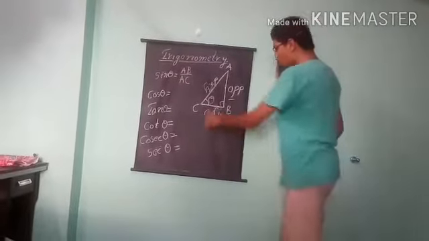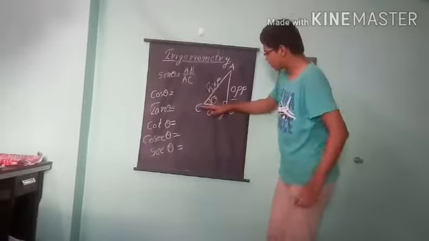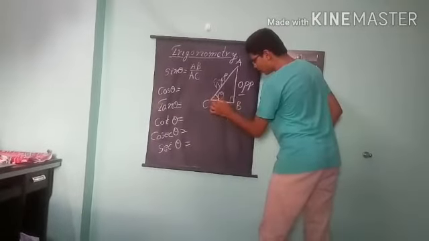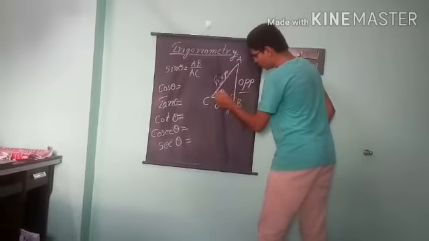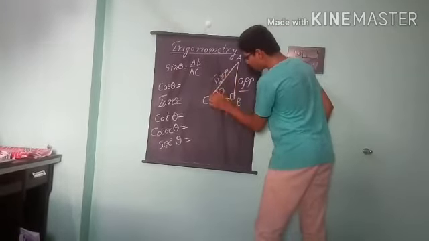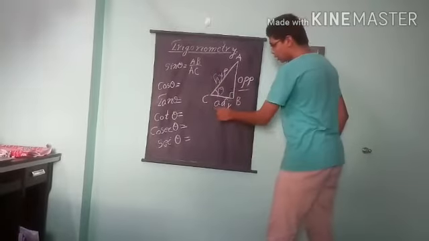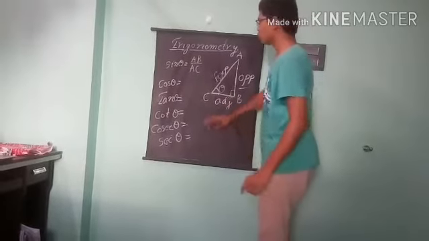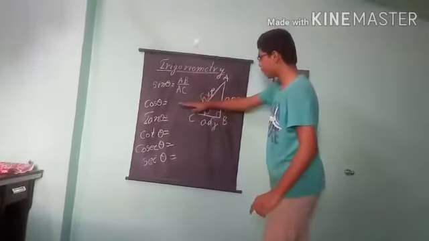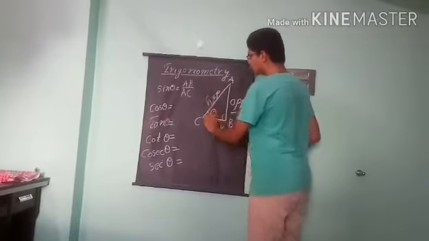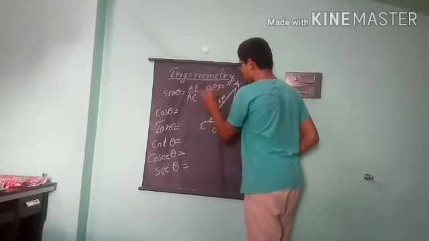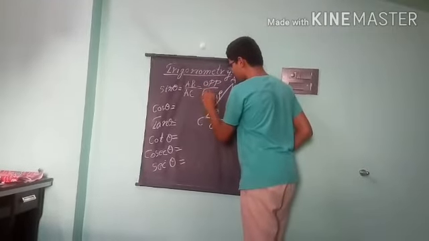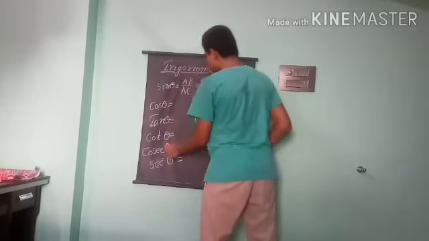Why does this formula come for sin theta? Because when we take theta, the side opposite to it is called the opposite side. The longest side in a right angle triangle is called the hypotenuse and the other side is called adjacent. Now we take opposite by hypotenuse. This is called sin theta, written shortly as opposite by hypotenuse. Then cos theta.